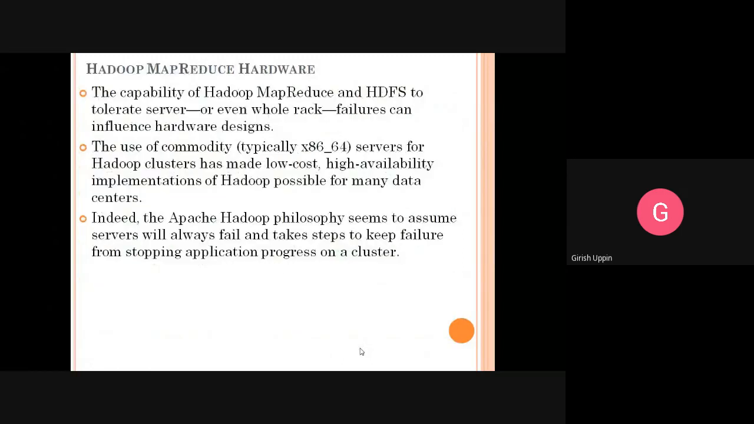Hadoop MapReduce hardware. The capability of Hadoop MapReduce and HDFS to tolerate server or even whole rack failures can influence the hardware design. So hardware design depends on how the tolerance should be, whether tolerance should be for server failure or the whole rack failure. If you are not considering the complete rack failure, the design would be different. If you are just looking to be tolerant to the failure of just the data nodes, then the